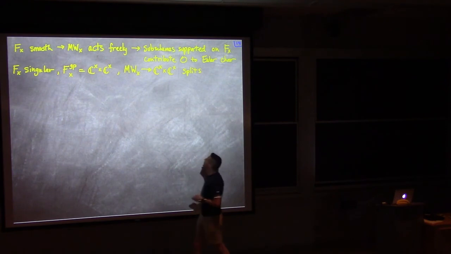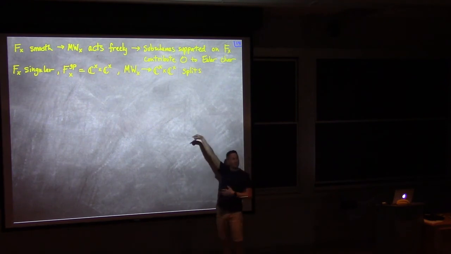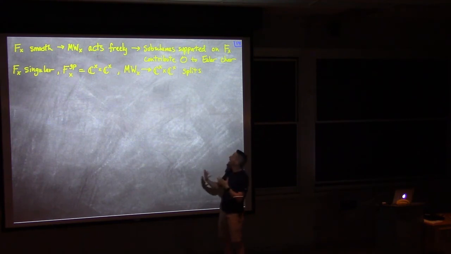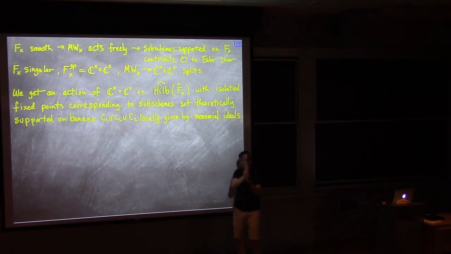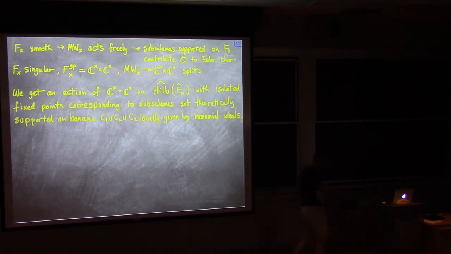are the singular fibers. And there, the group is an extension of C star cross C star, that's the group of the singular fiber, by an additive group, and all such groups split. So we actually get an action, that's the one case where you get an action of the fiber on its formal neighborhood, which is kind of weird, but it's true. In fact, I even had to write it out in coordinates to convince myself this argument was really correct, but yes, it's true. So we get an action